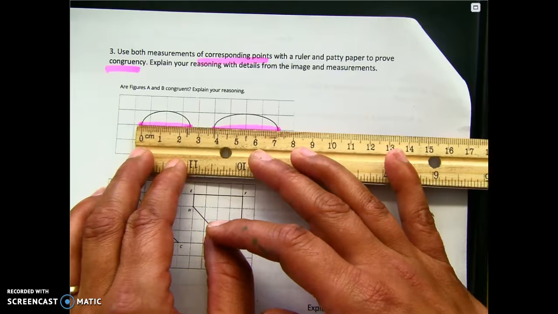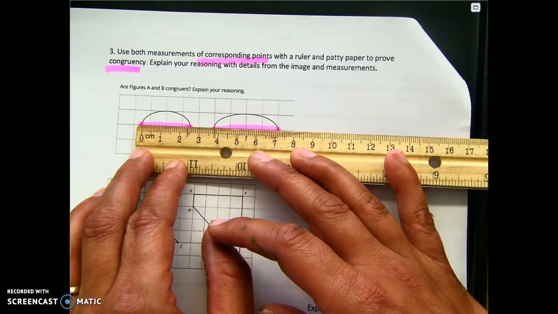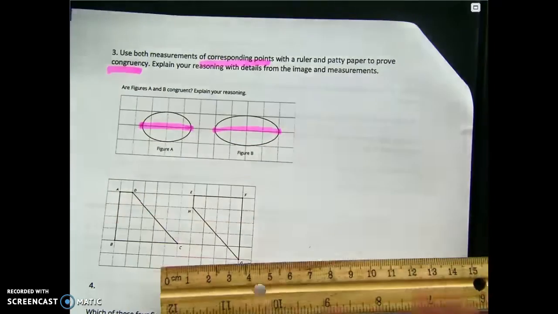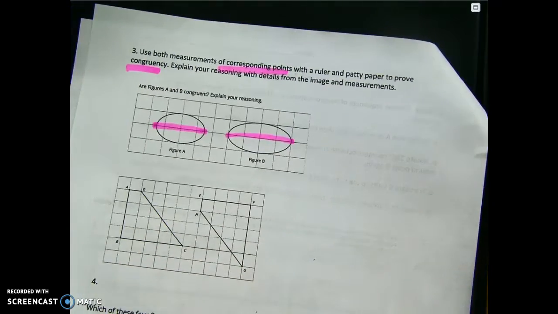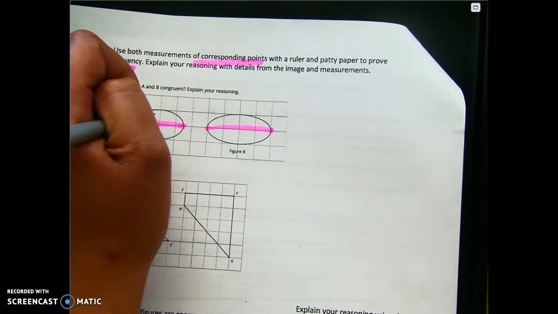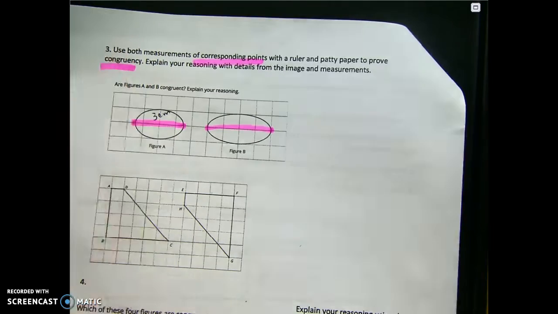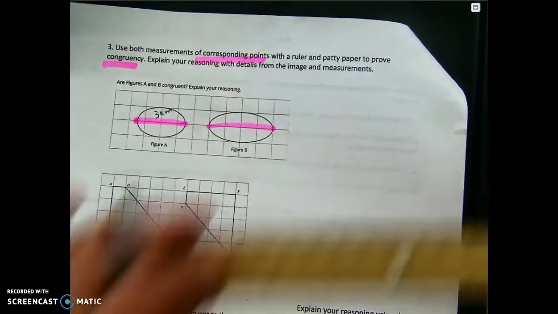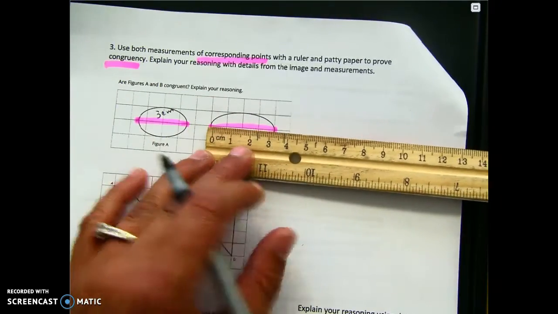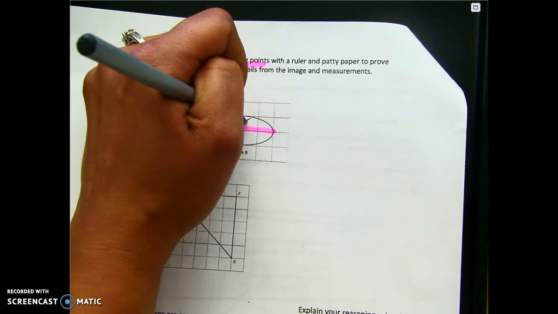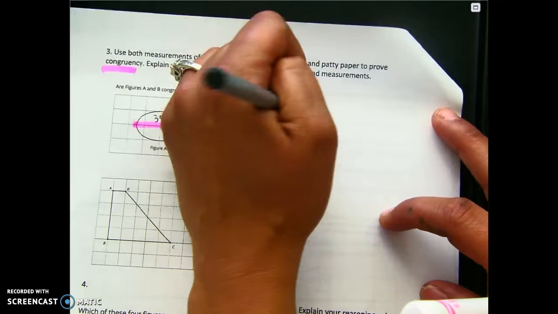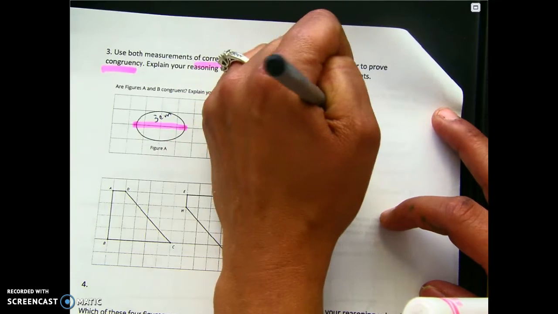So this one here is about 2 and a little over 2, almost 3. I'm going to round it just for safe and call it almost 3 centimeters. Almost, it's not quite. It's like 2/8. And this one here I'm going to measure, and it's almost 3.5 centimeters. I can write that these are not congruent